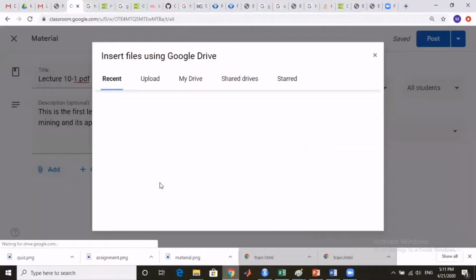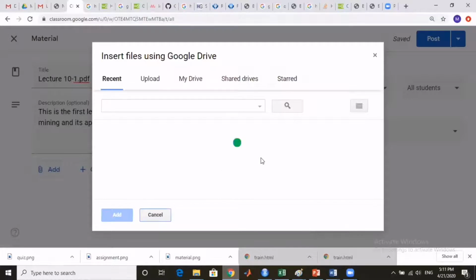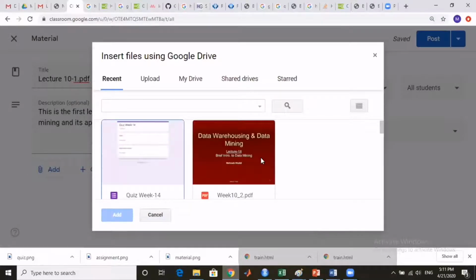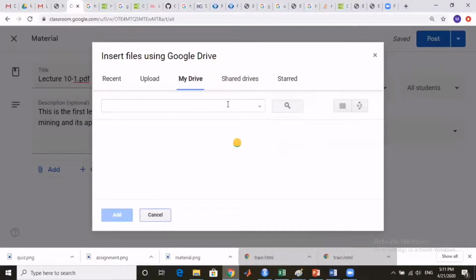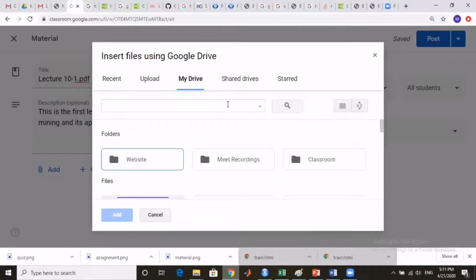An interface will be opened where it will ask you to select a particular file from the drive. Now here click on the My Drive option. Or if your data is present on the shared drive, you can also select the shared drive here, but the data is normally placed on My Drive.